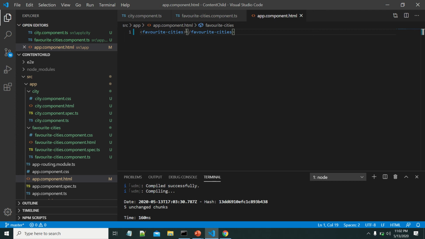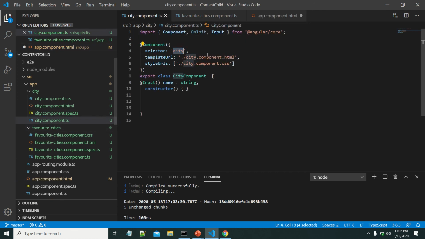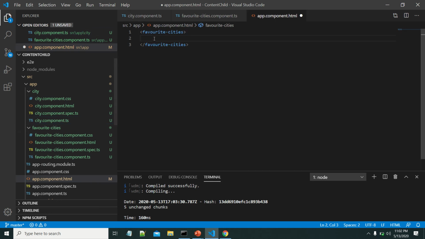Now let me project a city component into the favorite cities component. For that we need to select that selector. Then we have to put it in between starting and ending tag of favorite cities.